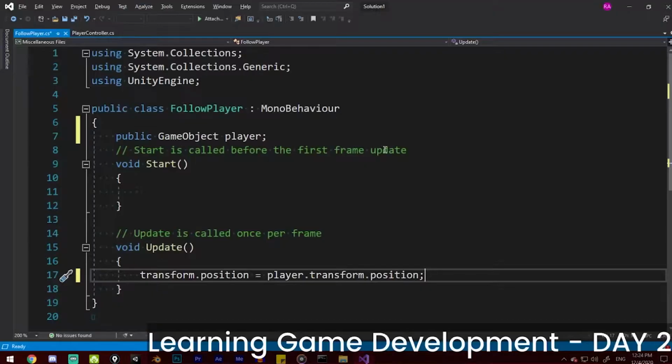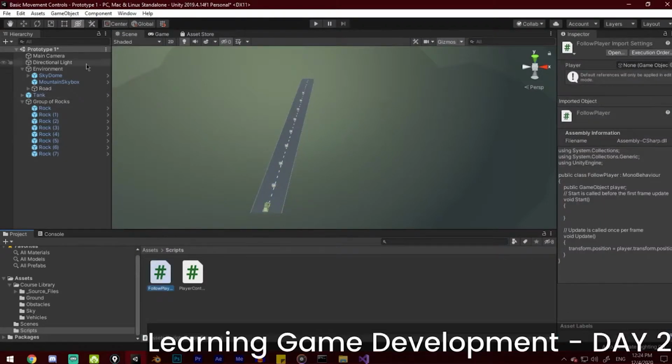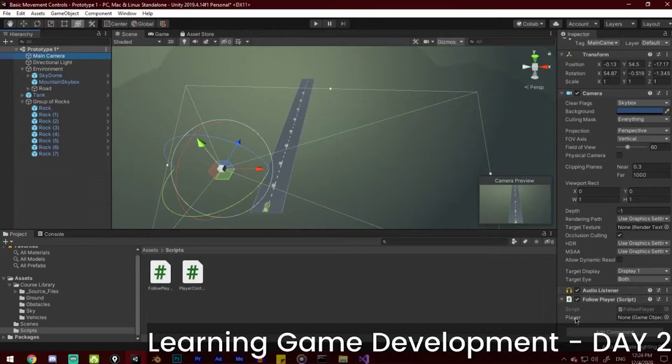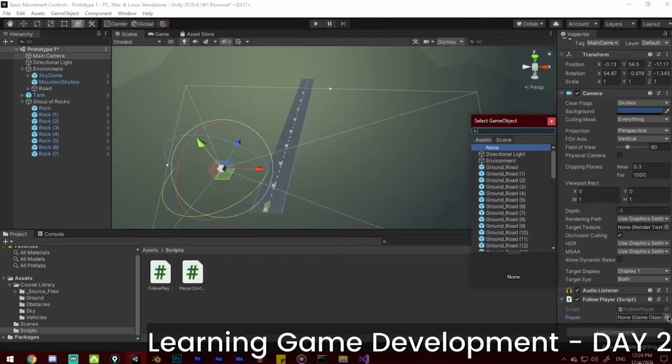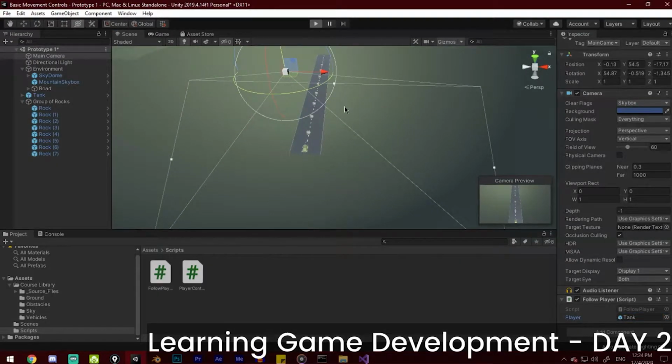So let's see if it happens. Let's go to our Unity editor and save. Forgot to save it first, and check on the follow player script. Yep, and check on your main camera, and you can see here that we have a player, and it's set to game object none. So you have to find your game object here, which is our tank. You can press the circle here and type tank, or you can simply get your tank and drag and drop it there. So if we play the button,